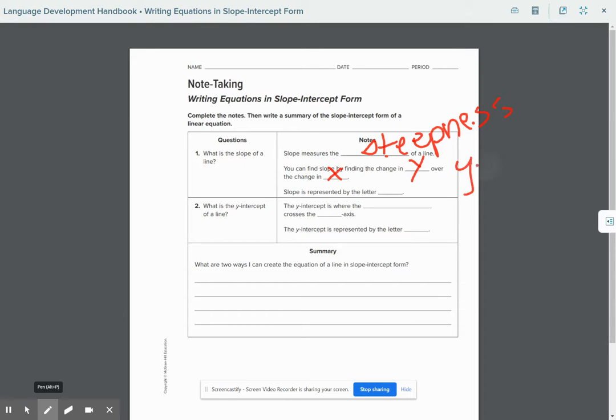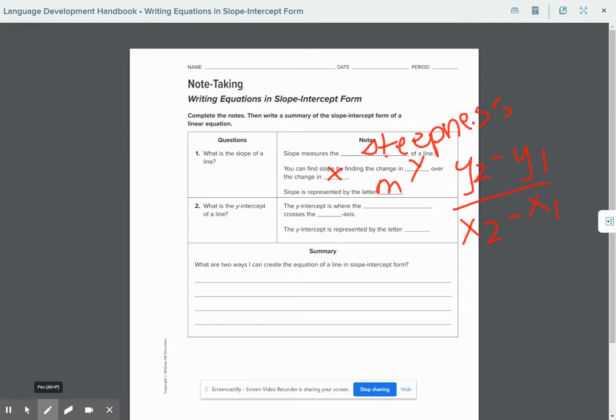Remember, it's y2 minus y1 over x2 minus x1. We've already talked about this. So the change in y over the change in x. Slope is represented by the letter, you guys all know this, m. So when we see this in an equation, it's going to be m, which will be next to the letter x. So in our slope-intercept form,